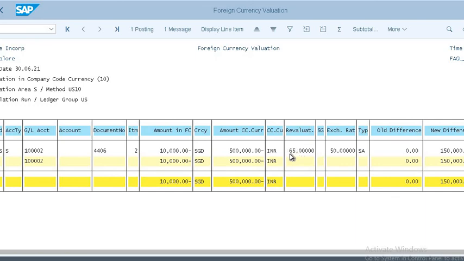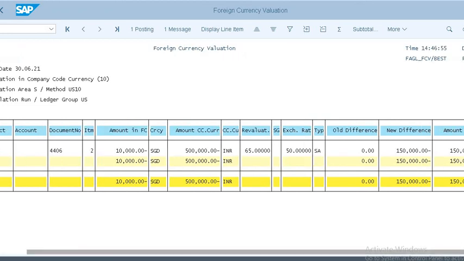Each dollar is 65 rupees, which means we are losing 1,50,000. So here minus means that is the loss for us. If it is a plus value, that is the gain for us. This is a depreciation for us. If it is a plus value, that is the appreciation of the domestic currency.